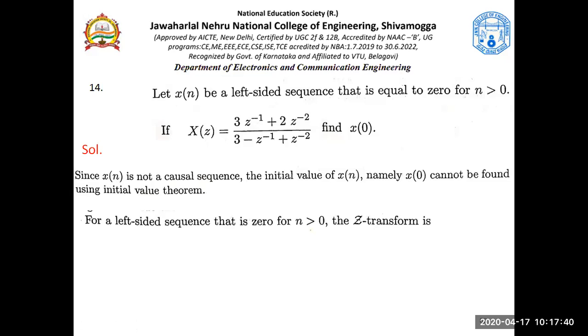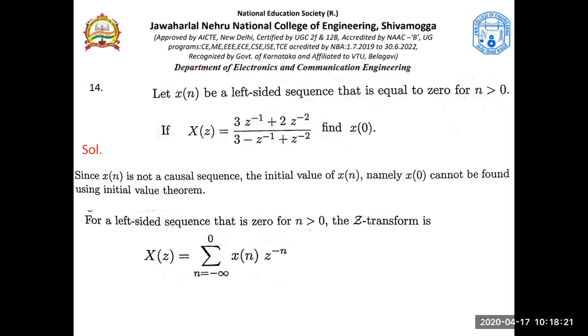The sequence is left-sided, for which the range is minus infinity to 0, because for n greater than 0 it is 0. That means from 0 to minus infinity it is non-zero. So how can we give the z transform equation for this? We can obtain x of z for such a sequence by using this range of summation, because it exists from minus infinity to 0. We don't know what x of n is, but we know the range of x of n. So we can obtain the z transform of x of n by this equation. I hope everybody follows this.